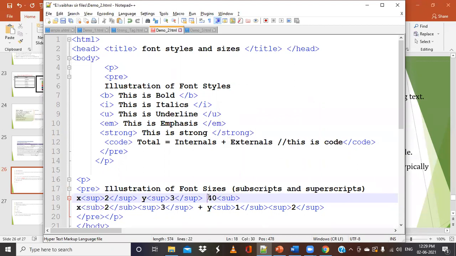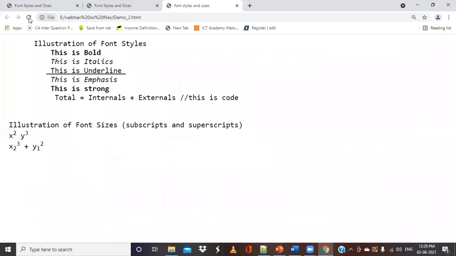In brackets I put 10, because I want to display 40 to the base 10 as a subscript, and then I close this sub. Or if I want xyz to the base 2 or xyz to the base 3 and so on, I can do that as well. I will just run this now. 40 to the base 10.